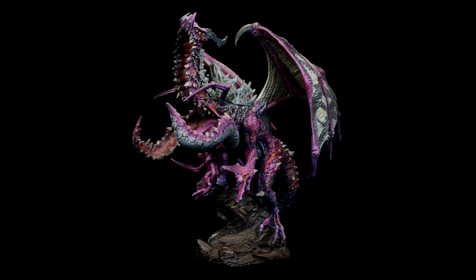So the way this sculpt works is just so interesting. You have this giant mouth of the dragon that's just mutated to the point where you can't really establish anymore where the face starts and where it ends. So you have these couple of eyes on the top of the head, but I could also imagine painting the eyes actually somewhere else. So if you follow the mouth all the way down to this pedestal kind of thing that is in between the wings,